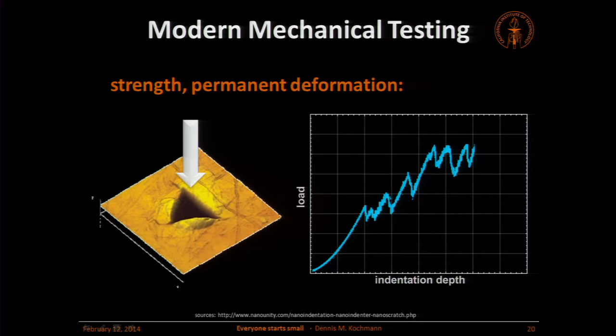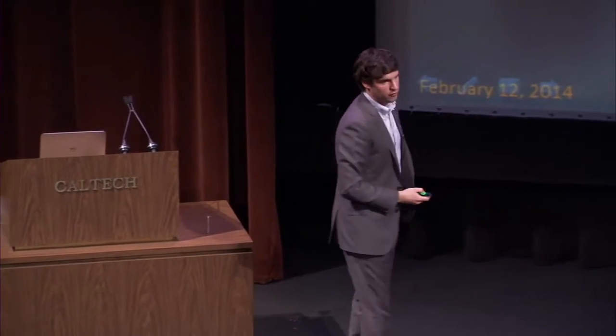And what you see is initially everything is nice and smooth. This is the elastic region. If you retract the indenter, it probably goes back to where it was before. But at some point, interesting things start to happen. This is no longer a linear relation. It goes up and down, there's a zigzag, there's a lot going on at a very small scale. We like to understand what is going on, what leads to permanent deformation, and what deforms metals the way they do. In order to understand this, we have to zoom in.